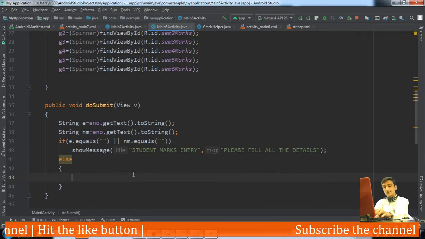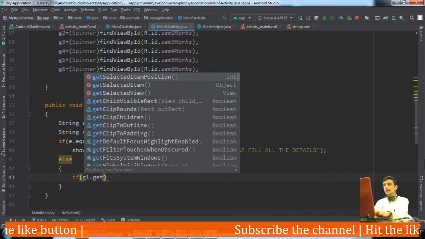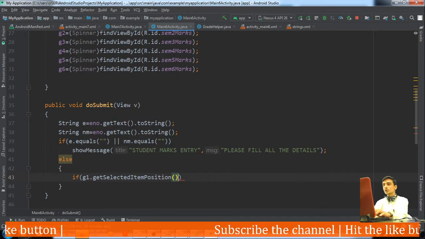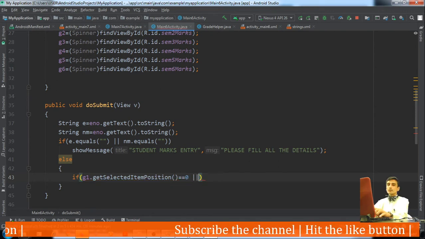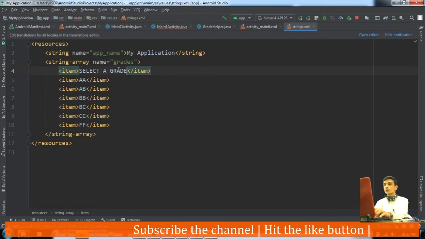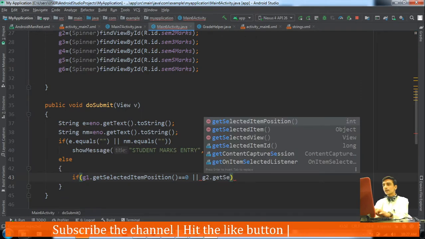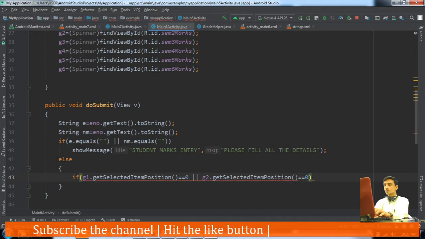check for the grades. If G1.getSelectedItemPosition equals 0, it means that item at 0, what is the item at 0? If you remember, the item at position 0 is select a grade. It means he has not selected any grade. Or G2.getSelectedItemPosition equal to 0.